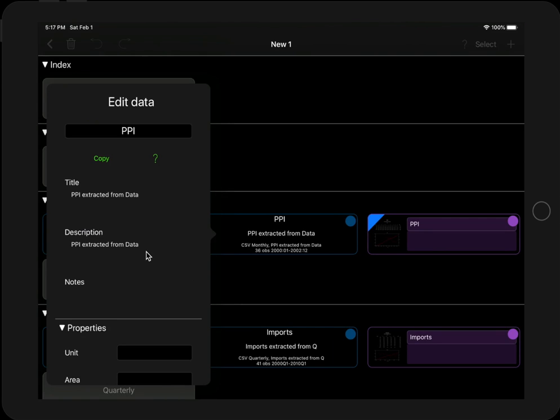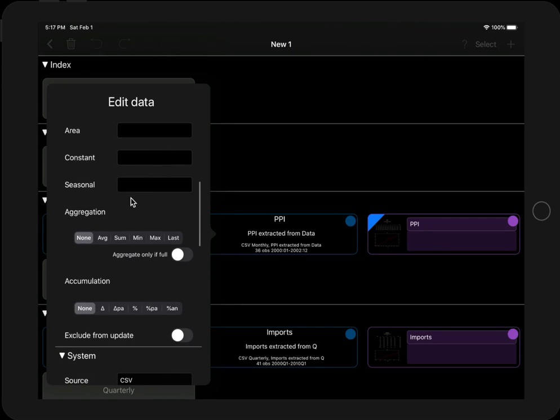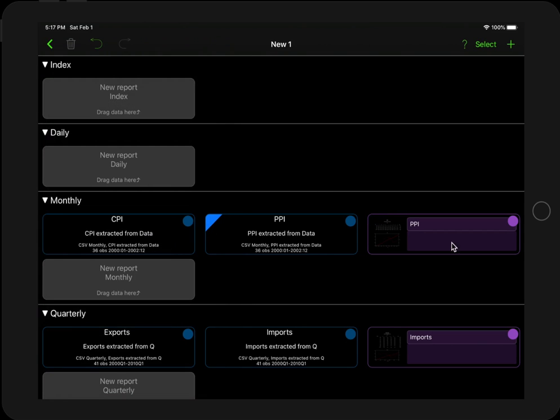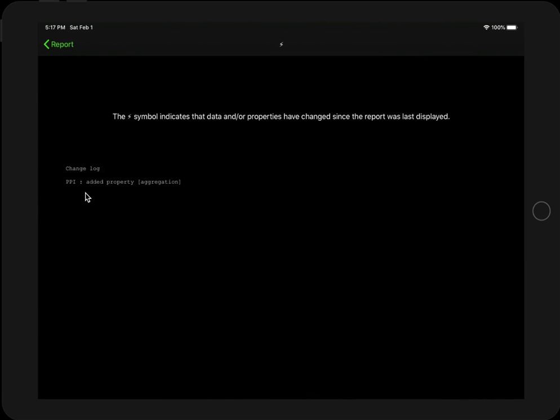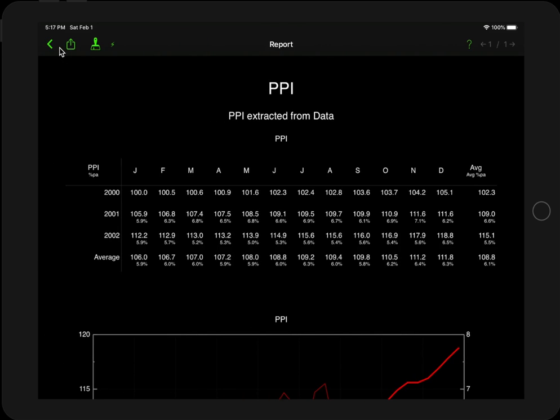Just to show you a little bit more about this, let's just change one of the properties. Maybe I want to change the aggregation of PPI from none to, let's say, the average. If I then go back to the report, I will also see the lightning bolt to show me that the series property has changed, as it says there in the log. In this case, it doesn't change anything. The report is still the same as before,